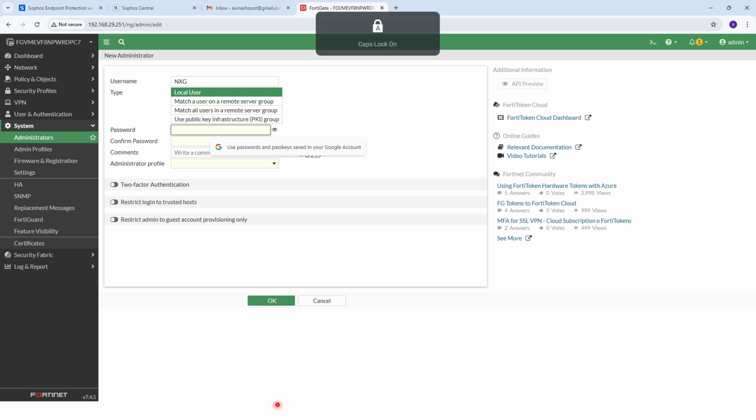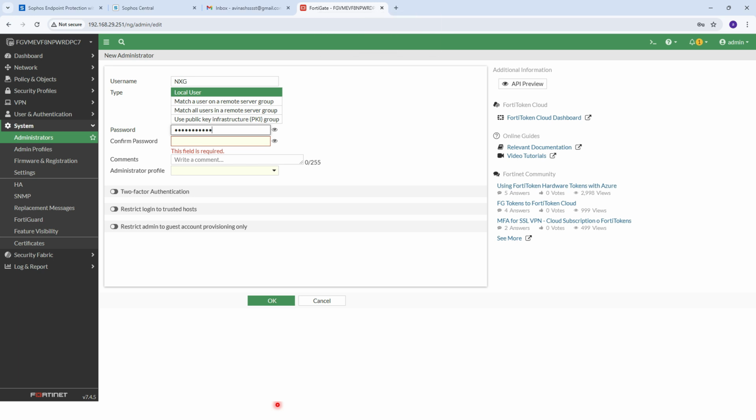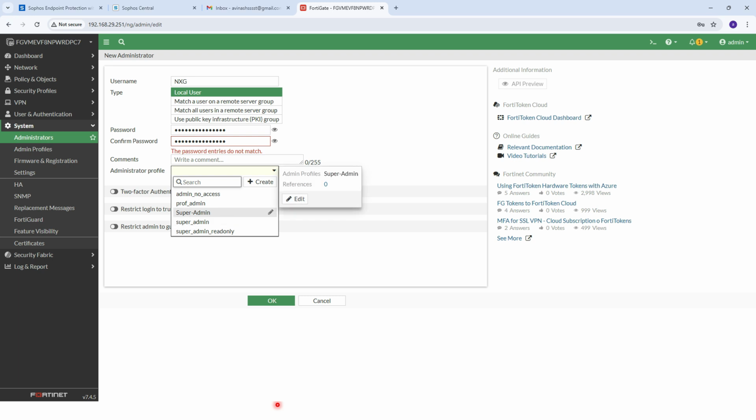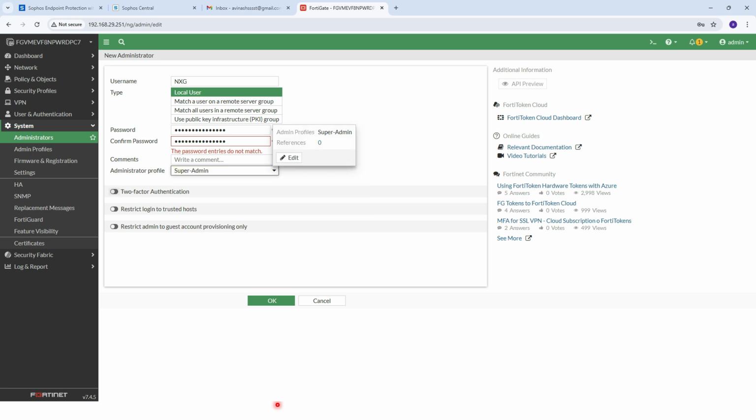So I am creating the password. You can give comments, and here you can select profile. You can see I have created super admin on the last admin section. So you can see the super admin profile. We will select the super admin profile, and the authenticator I will cover in my upcoming next video.